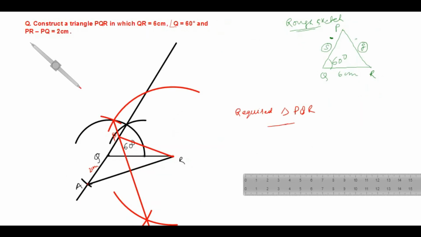But in the second case, when we find the side opposite to the given angle is greater, in that case we have to produce this line backward, and then you have to cut the difference here, like 2 centimeter, join this AR, draw the perpendicular bisector, the point where it meets will be P, join PR, and we'll get the required triangle PQR. Okay, I hope you understood very well.